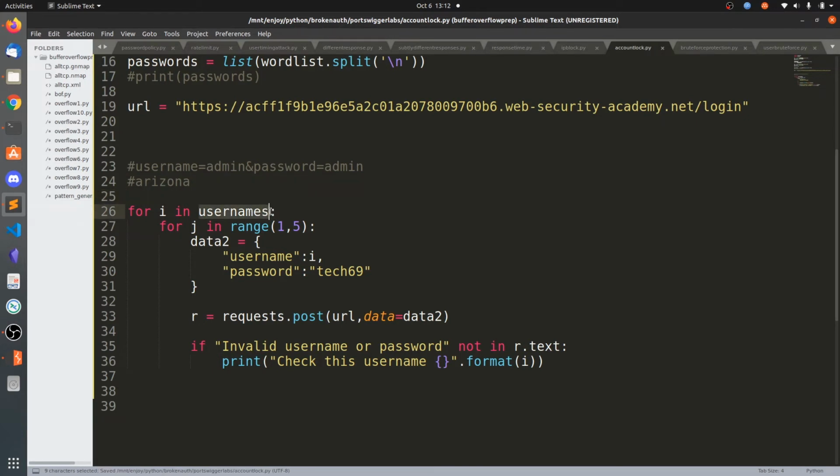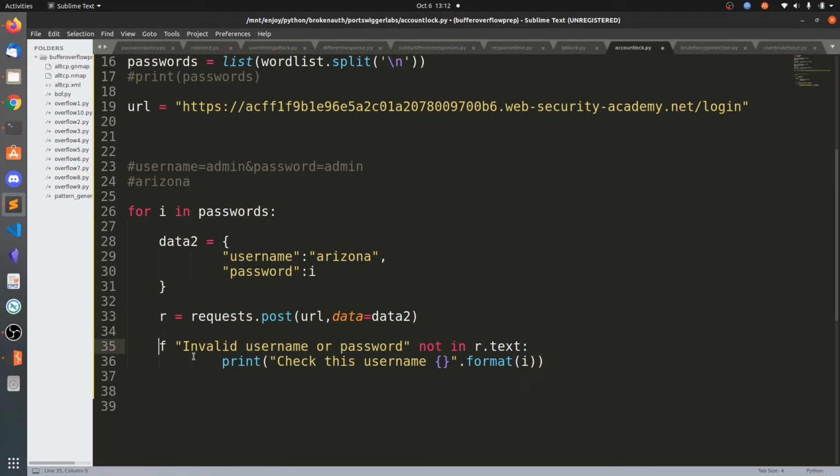So let's change this to passwords, remove this second for loop, paste the Arizona, and change this to password i.